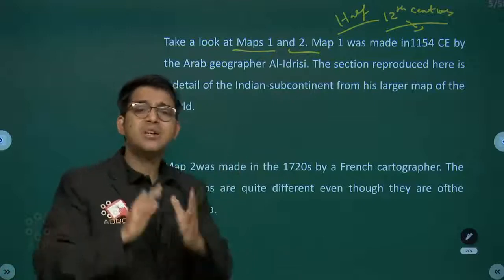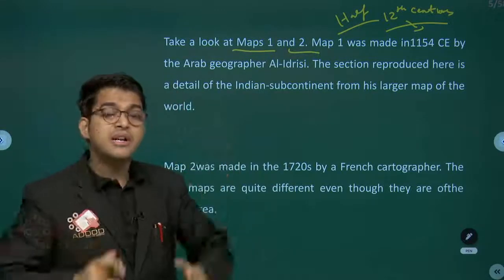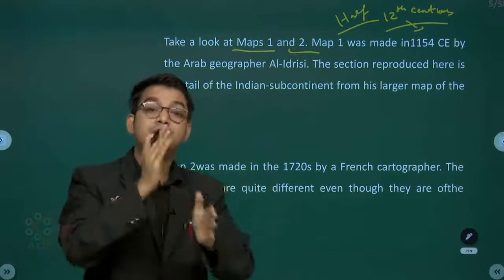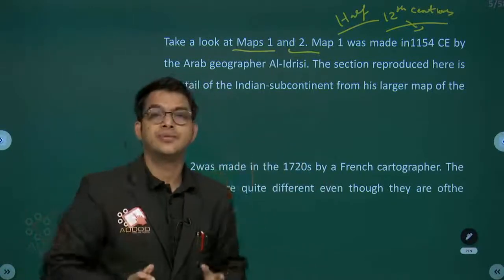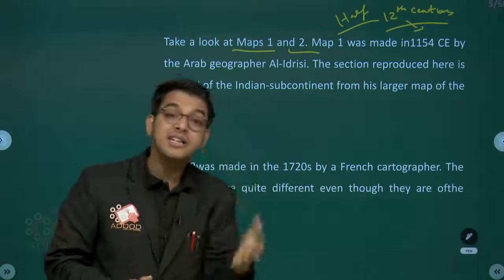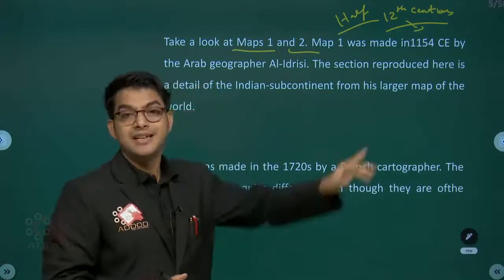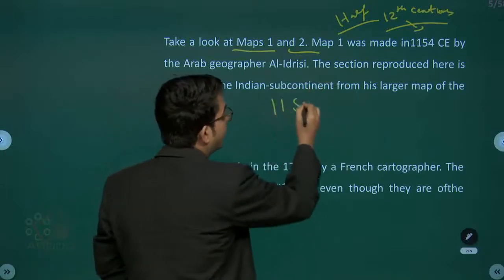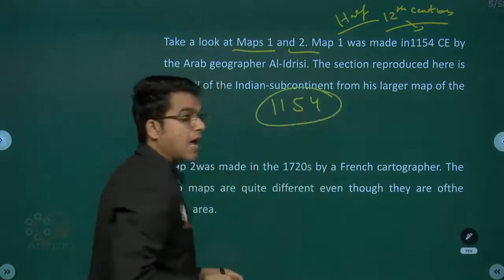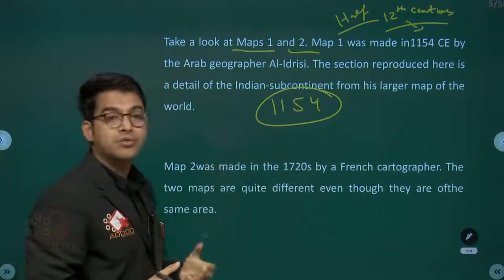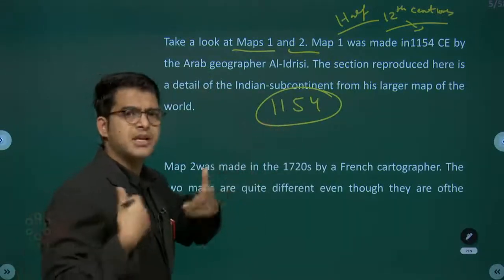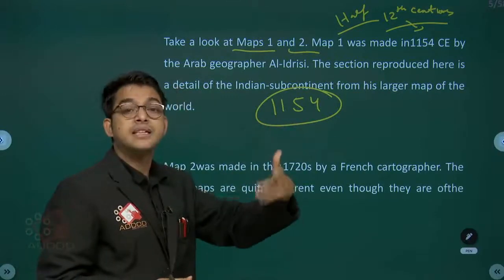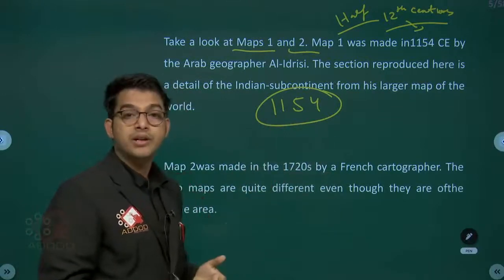Whenever you don't understand the date, whenever you don't remember the date, whenever you find it difficult to remember the date, just post-mortem the things. I always tell you and always remind you to do the post-mortem. If the date is 1154 and you are finding it difficult to remember, maybe now it is possible that Nabi sir is speaking, yeah, 1154, done. Maybe after 2 days, 3 days, 5 days, 1 month, 2 months, you may forget.